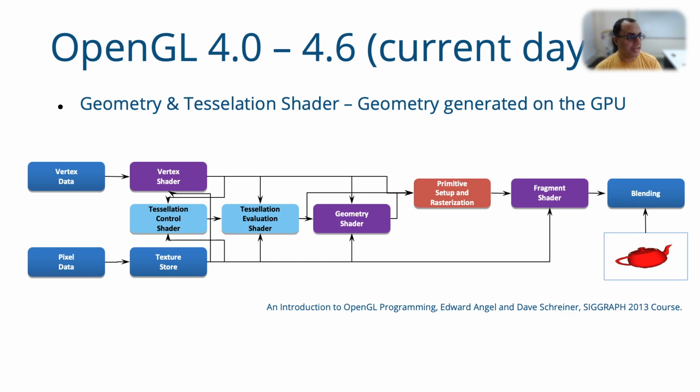Here you can see that more kinds of shaders have been introduced to OpenGL: vertex shaders, tessellation shaders, geometry shaders, fragment shaders, and there are now even compute shaders in OpenGL. All these shaders are programmable, right? So almost every stage of the pipeline has now become programmable. Only primitive setup and rasterization continue to stay non-programmable, that is, implemented and available to everybody by default in the graphics card, and everything else is tunable using shader programs.